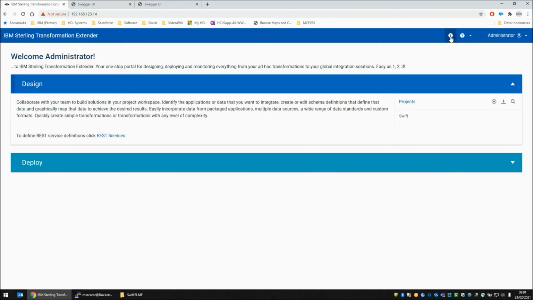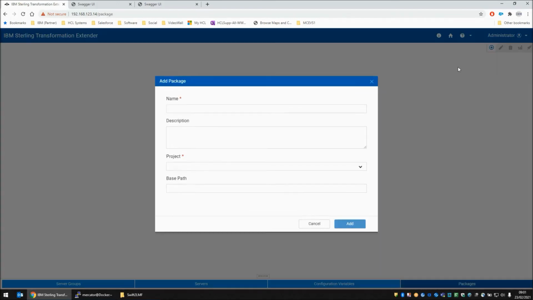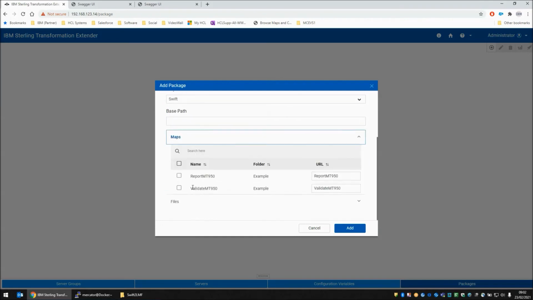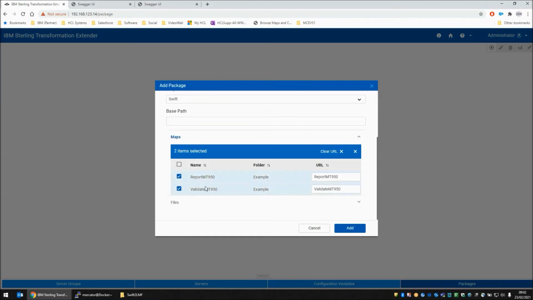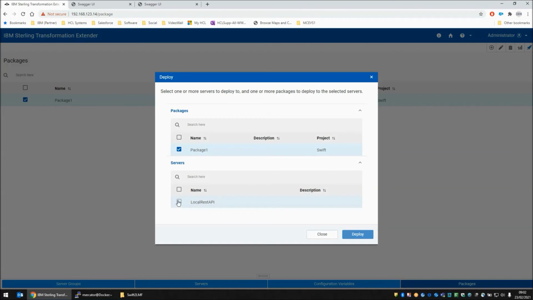Let's go back to home and into packages. I'm going to create a new package. I'm going to call this package 1. From the project Swift, I'm going to grab the maps, report and validate MT950. I don't need to grab any extra files, it's just those two maps that I need. So we've added those to the package, and if we tick the package I can deploy to my local REST